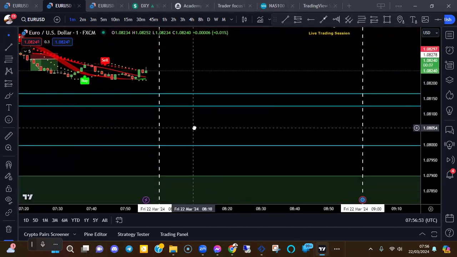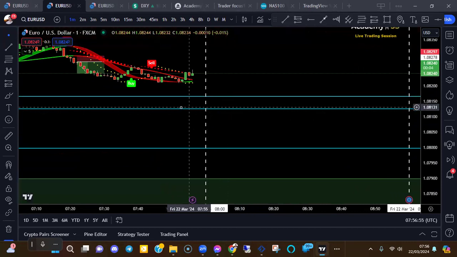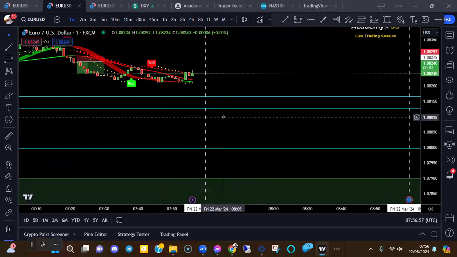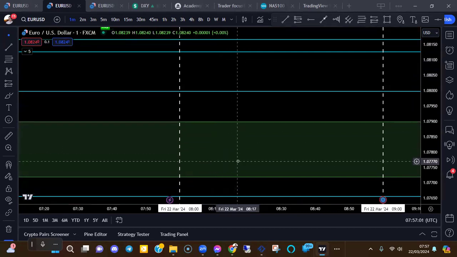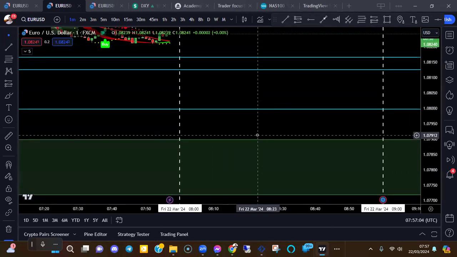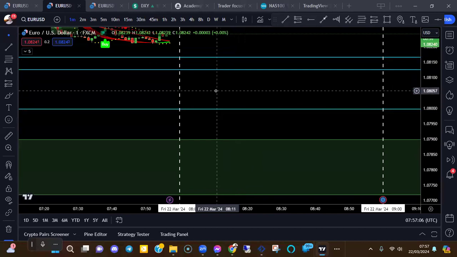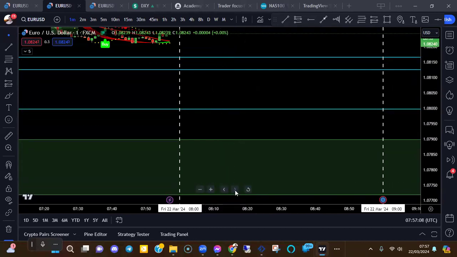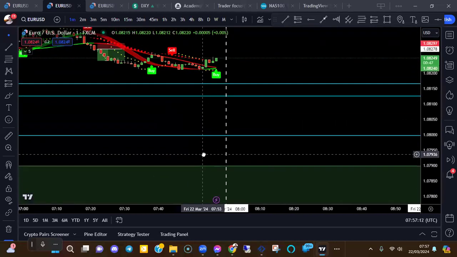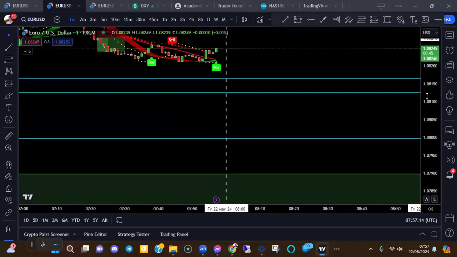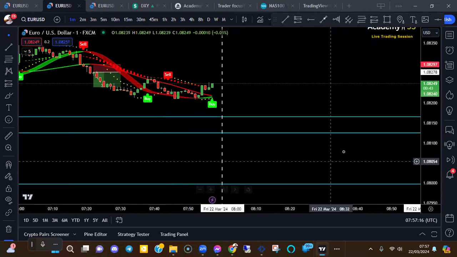Also, we have significant areas of interest to look at once price gets to these areas, if indeed they do. We've got other buy imbalances down here and various areas of interest to look at if price ever gets to that situation. But as of right now,